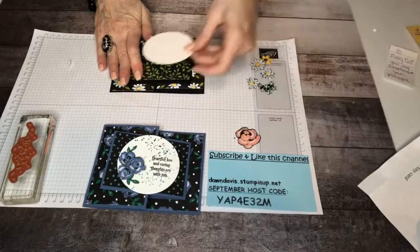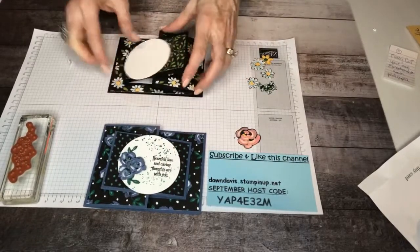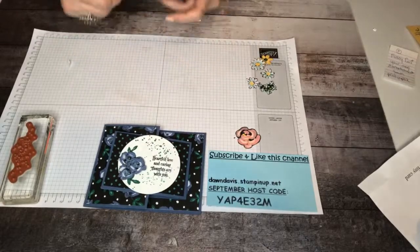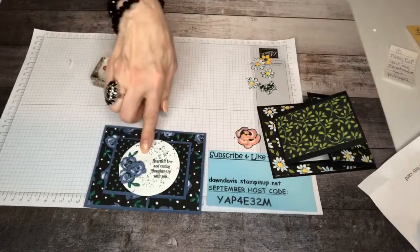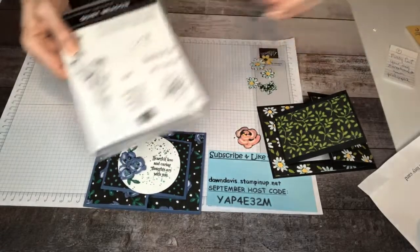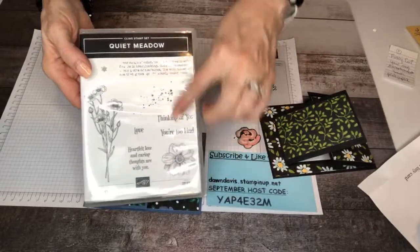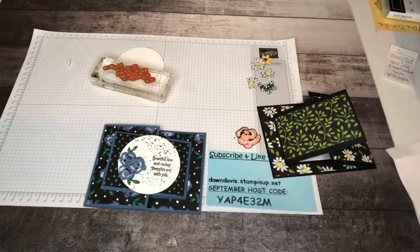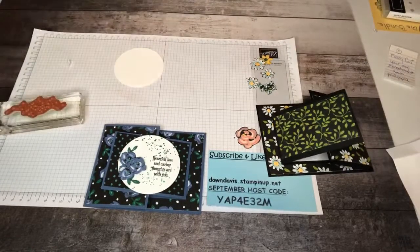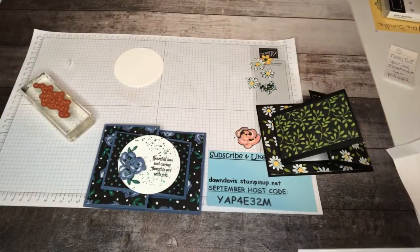And we're gonna decorate it with the circle, just like I did the other one. And I've got a little sentiment. And I've got the pretty little dots. See the dots I did there? Those are included with the Quiet Meadow stamp set. They're the dots. And here's flowers, and here's the sentiments. So how cool is that? That everything is included. I thought I'd laid us out a sentiment. We may or may not do one, but I do want to do